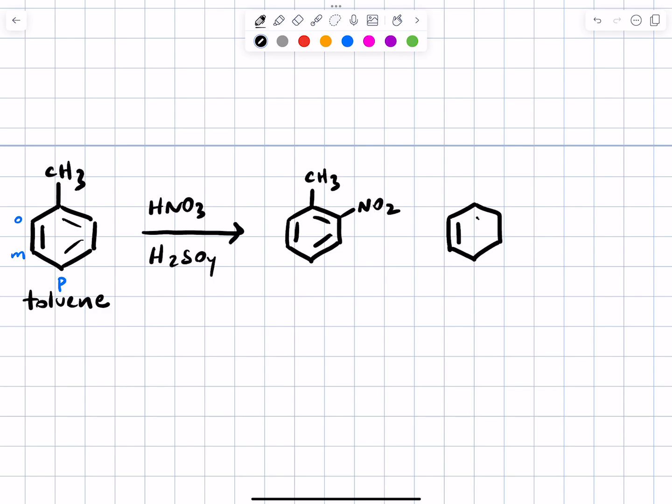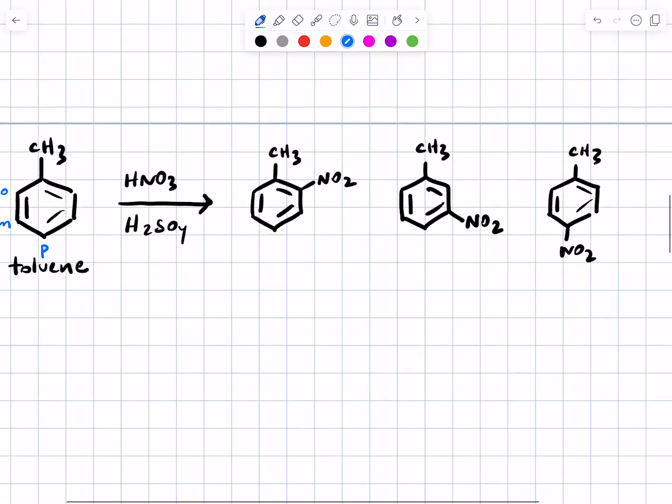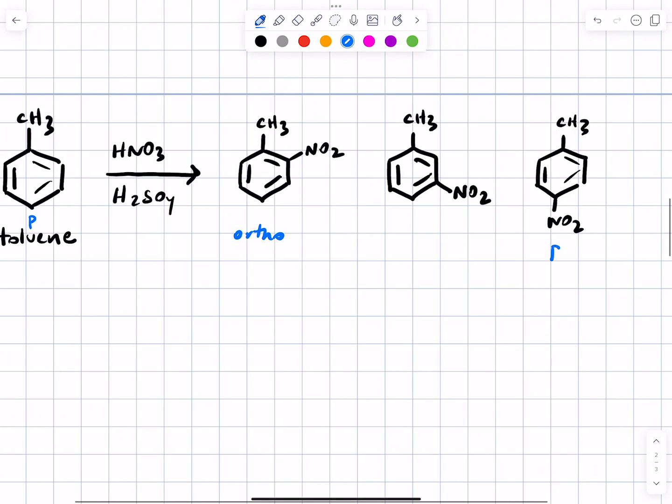Or on the meta carbon, or on the para carbon. These are the 3 regioisomers that you could possibly get. Again, we'll call this the ortho isomer, the para isomer, and the meta isomer. And it turns out if you want to name substituted benzenes, you actually use these terms. This would be called ortho-nitrotoluene as an example. But